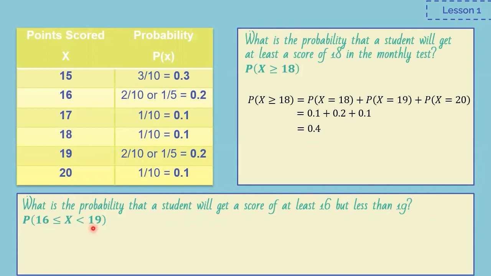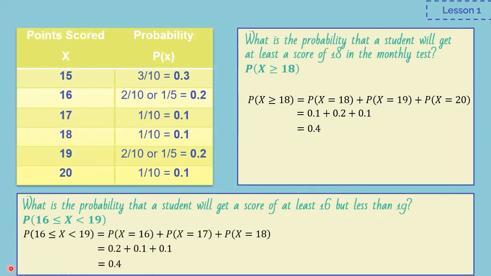To avoid confusion, let me clarify. When we see this symbol here, the one with the underline, since this underline means equal to, it signifies that the number beside it, like 16 and 18, should be included in the solution. But if the symbol is only less than or greater than, then there's no need for the number beside it to be included. In this sense, for this question, we need to add the probability of 16, 17, and 18